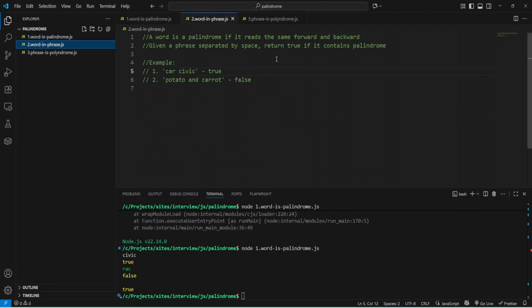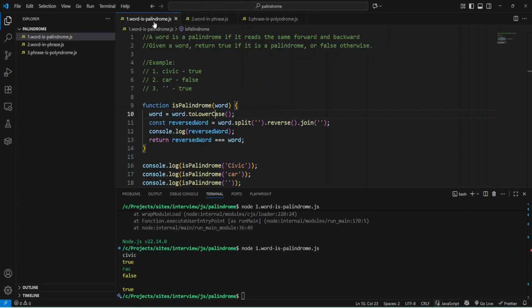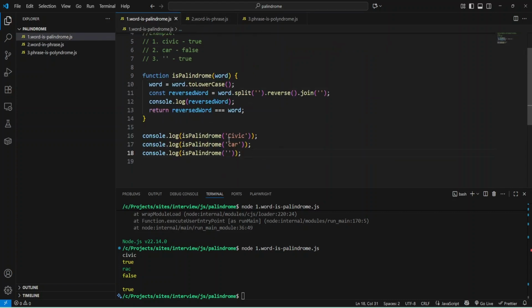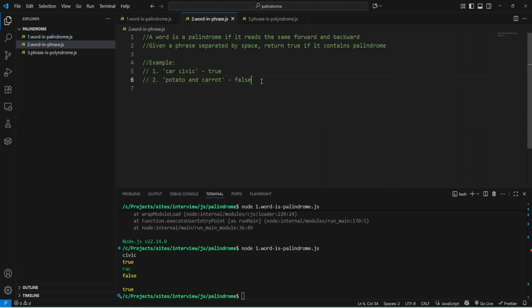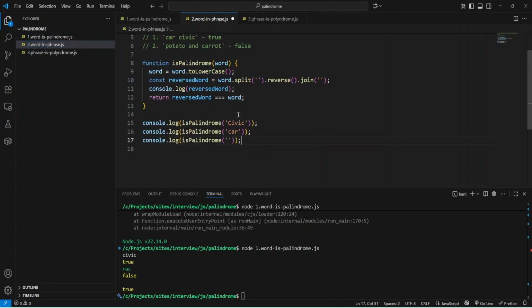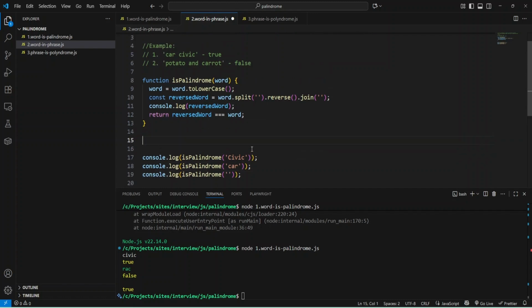It's similar to the previous challenge, but now we have some phrase, and if we have a palindrome word in this phrase, we need to return true. Otherwise, we need to return false. For that I'm going to just copy my function. Now let's create a function like